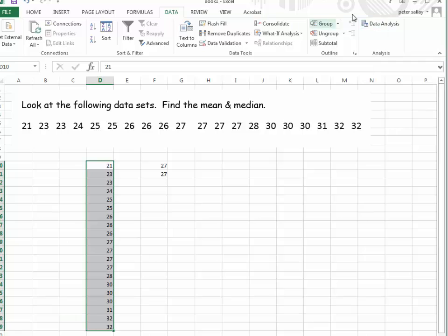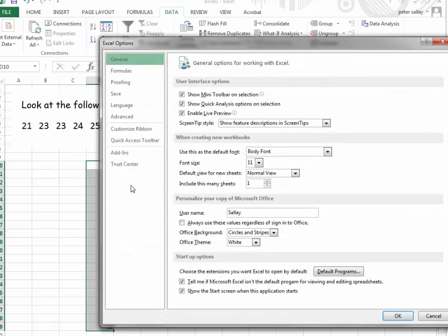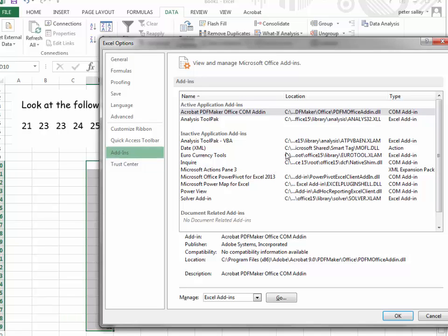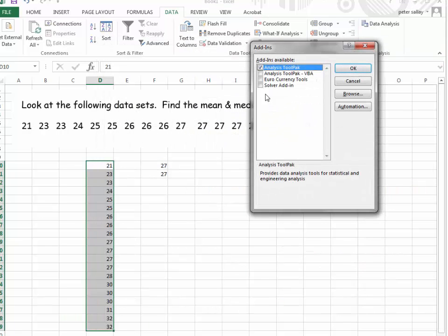So if you don't see the data analysis button under data, just go to File, look for Options, and under Options you want to look for Add-ins. And these are just programs that Excel has that aren't activated all the time. And then just make sure it says Data Analysis Tool Pack, and then click Go, and it'll give you the option to